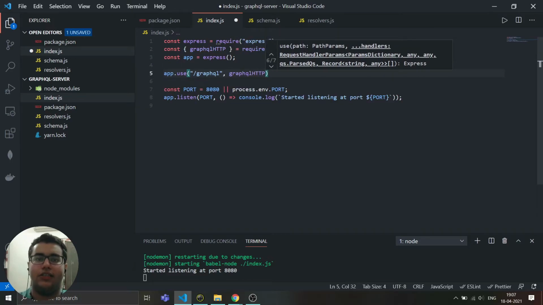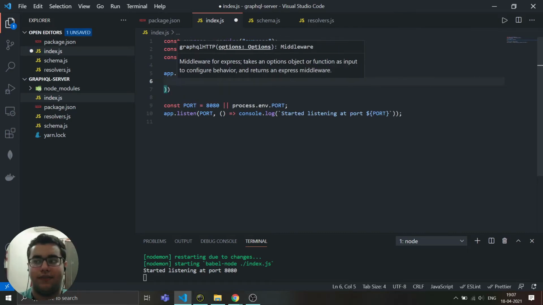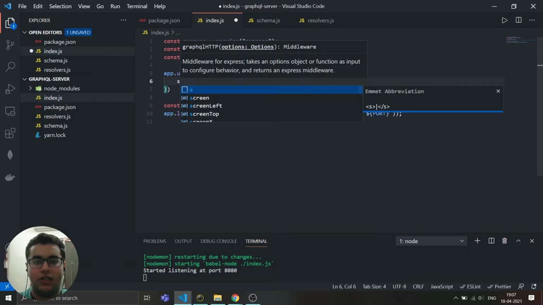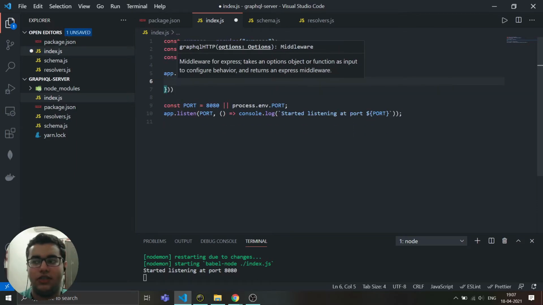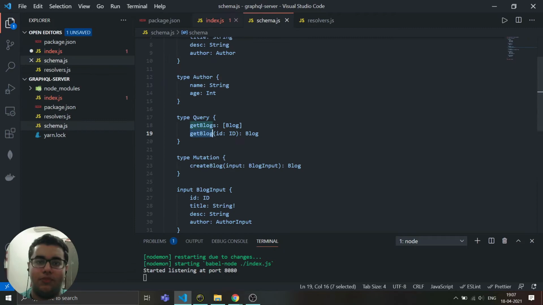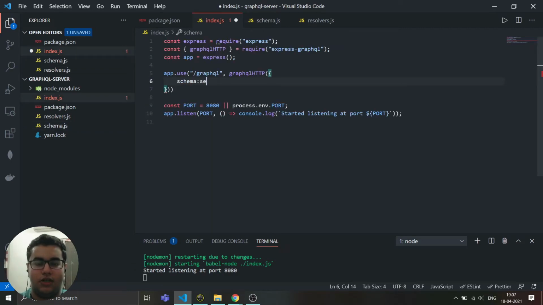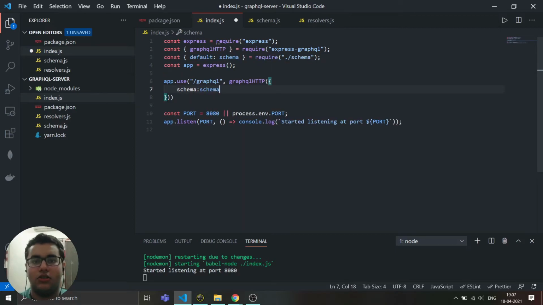The GraphQL HTTP is getting imported from Express GraphQL, and it will be taking some parameters. The first thing it will basically take is an object, and inside the object we will be passing schema. So the schema is getting imported from ./schema.